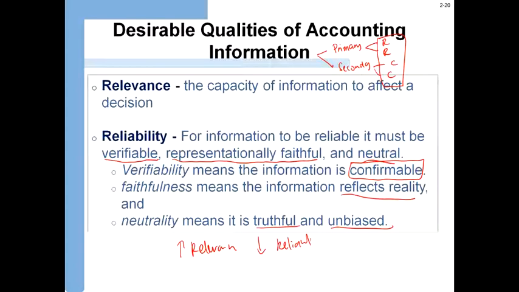So that's why it is relevant, but it's not that we can rely 100% on the forecast sales tu, on the accounting information tersebut. Alright,